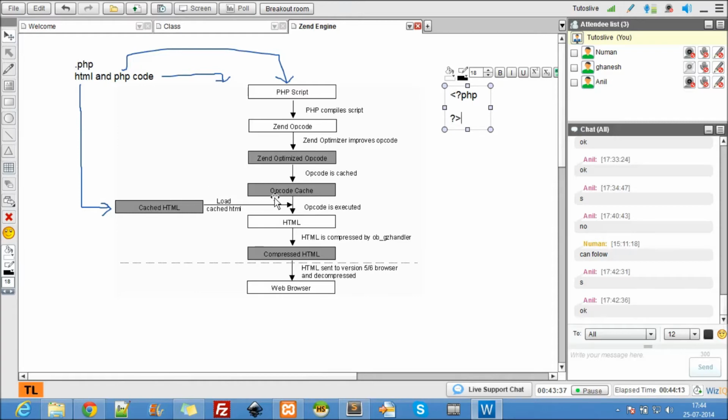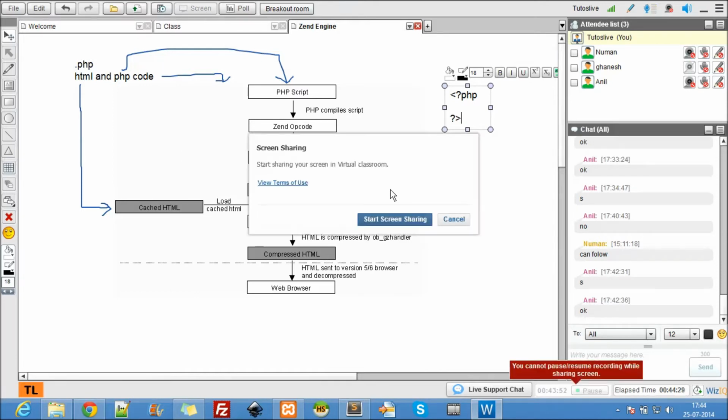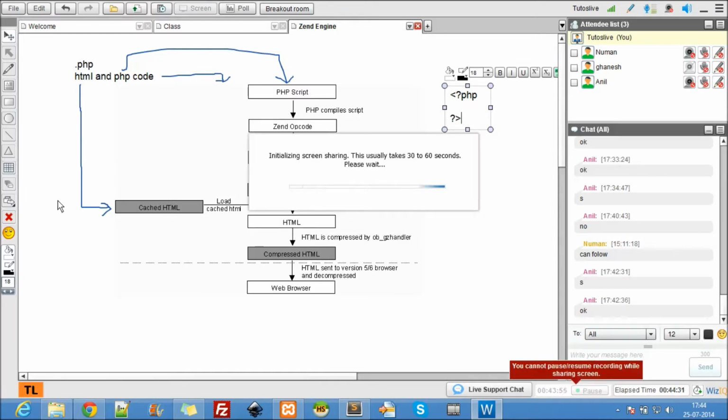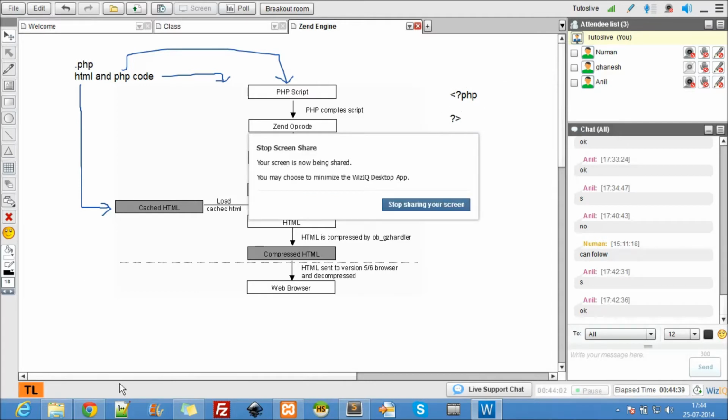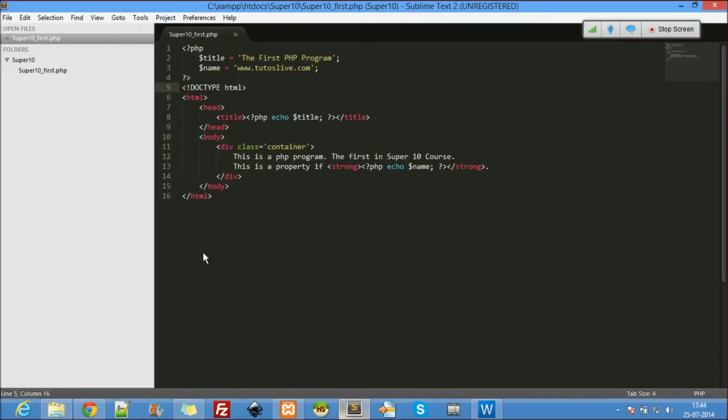At one point, all of the PHP code embedded inside HTML should be given back. Whenever I said echo $title, it prints out the title there. Let me show you that piece of code again so you'll understand better. Here the Zend engine encounters PHP code and separates it.